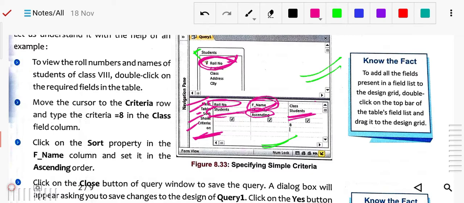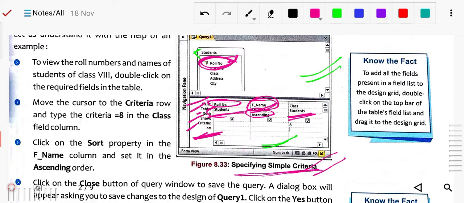So first we have to create the relationship, and after creating the relationship, we have to query. So first, how to query? You have to go to the Create tab and there select Query Design. After selecting Query Design, you will see this. Then you have to select the table in the Show Table dialog. After that you will see the simple criteria, and this query window.